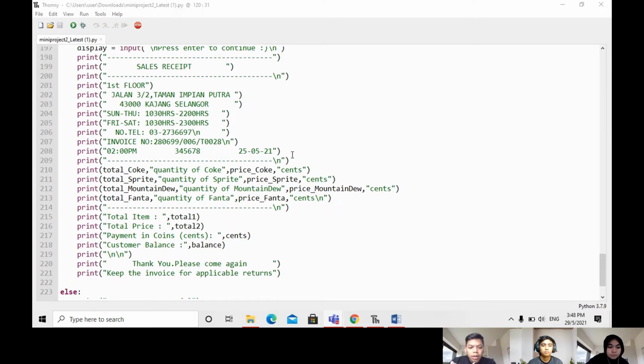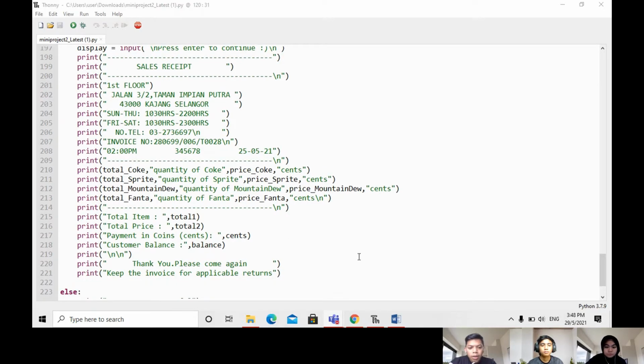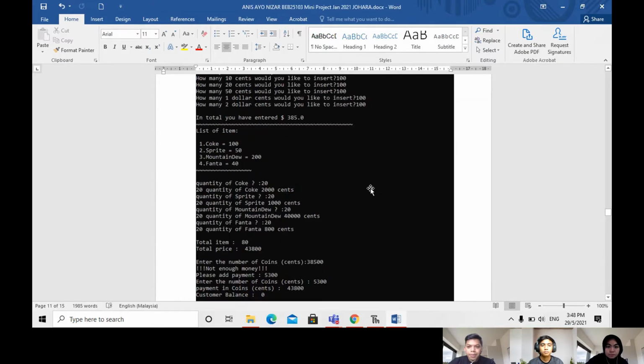And then print quantity of Coke, quantity of Sprite, quantity of Mountain Dew, and quantity of Fanta. Then total item, total price, payment in coins, customer balance. Thank you. After this, I will pass to Ahmad Niza to explain about the display.